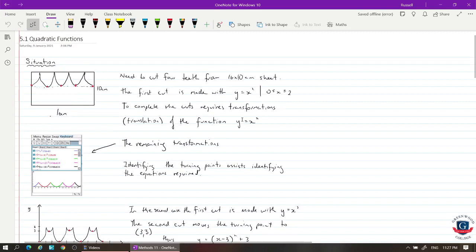To complete the cut requires a series of transformations. So for the second cut, the graph's been moved across a little bit, and it'll make that one, and then move it across a little bit more, and then make this one, and move it across a little bit more, make that one, and then move it across and finish off the last step. So I've put the transformations in here so that I could draw the sawtooth on the CAS calculator,